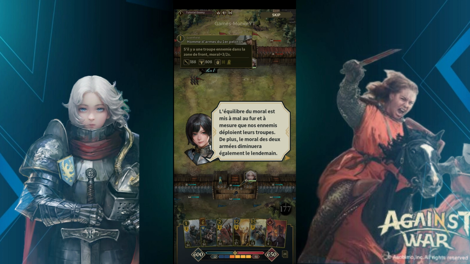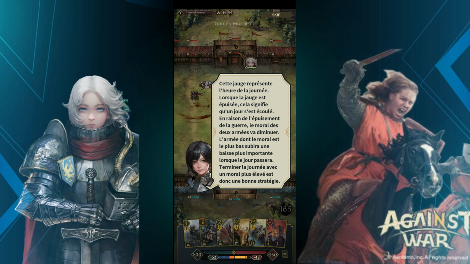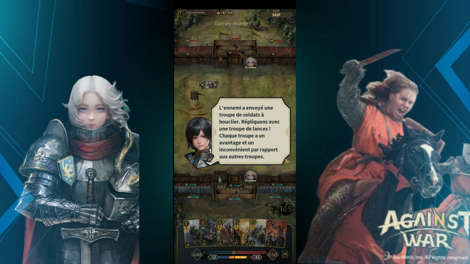The morale balance is pushed as our enemy deploys their troops. In addition, both armies' morale will also decrease when it turns to the next day. This gauge represents the time of day. When the gauge is depleted, it means one day has passed. The enemy has sent a troop of shield soldiers. Let's fight back with...